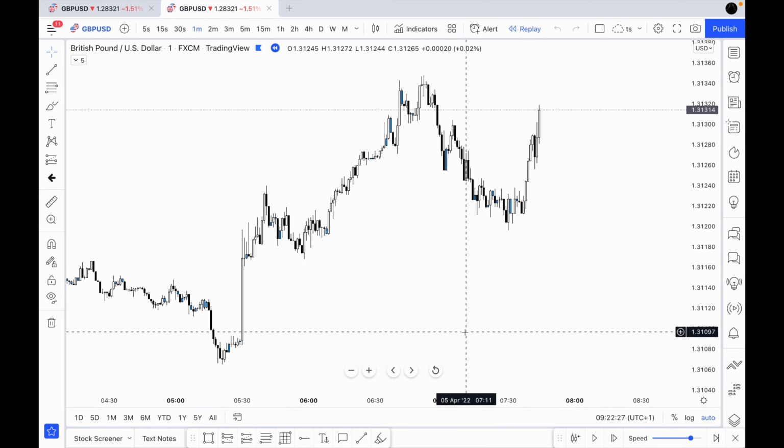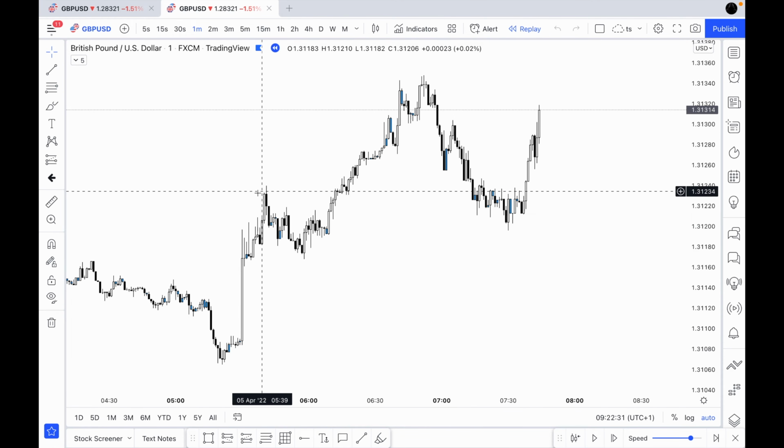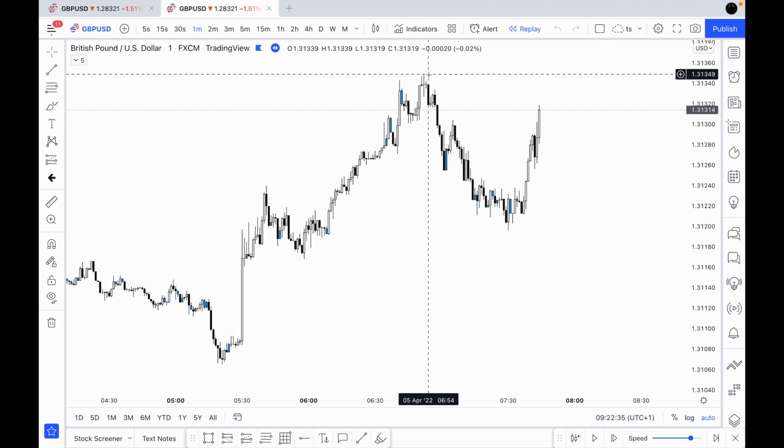So if we have a bullish trend, kind of similar to what we've got here, we're making new highs. We've got a higher high here, then we've got a higher high here. We're currently in a bullish trend, and then a ChoCh is the change of character where we are turning bearish. But there's specific price action we look for when this occurs, and this is what we're going to cover today.